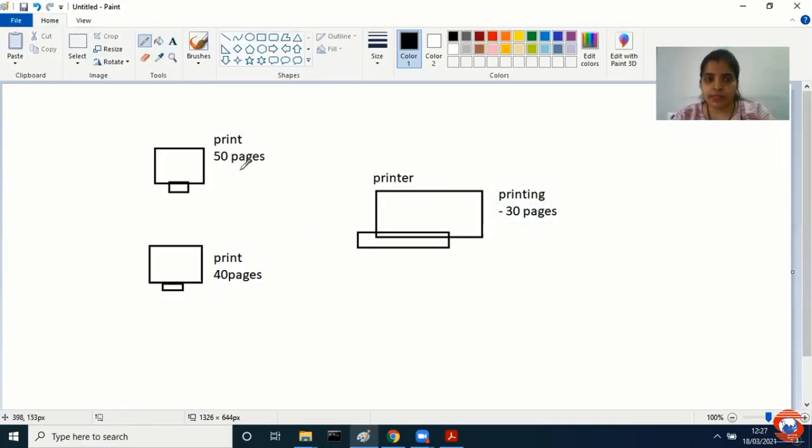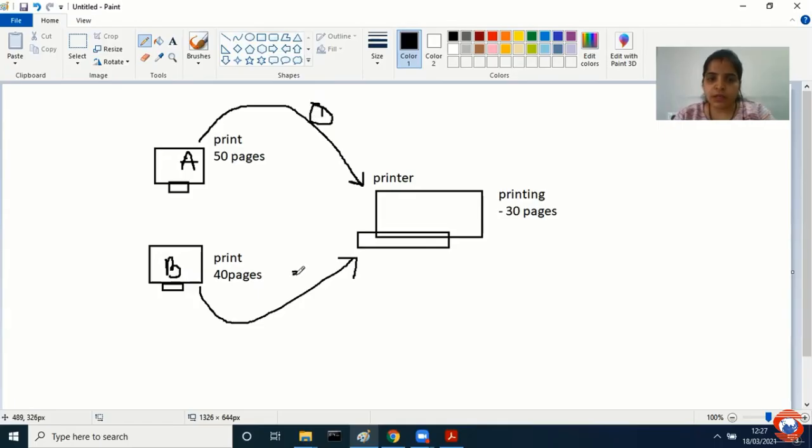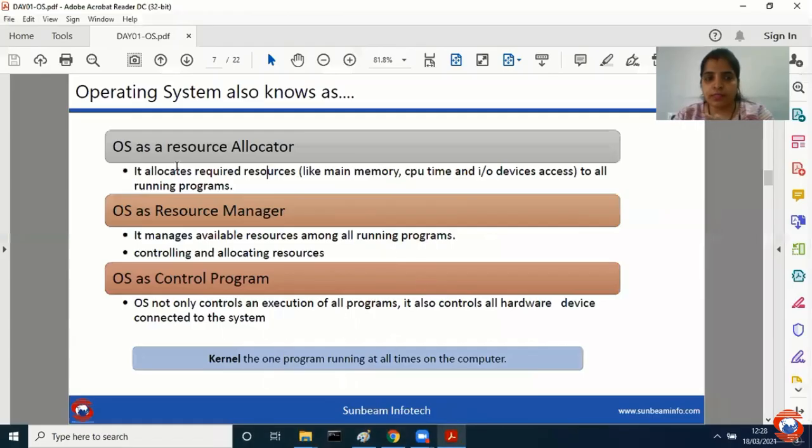Next, the first request, let us say, goes from machine A over here. The second request goes from machine B over here. So this is the first request that has gone, and this is the second request that has gone. Now, if I'm saying I have only one printer, when machine A is giving a print job, it will go to this printer. Let us say the printer is having a name called P. And if B is a machine which is connected to the printer, obviously that will also be given to P. Now I'm trying to explain these three concepts: resource allocator, resource manager, and control program.